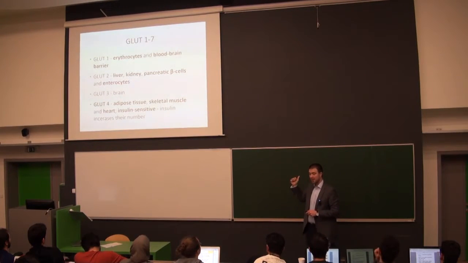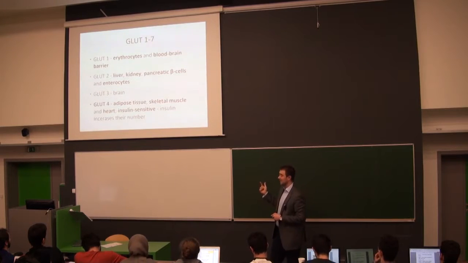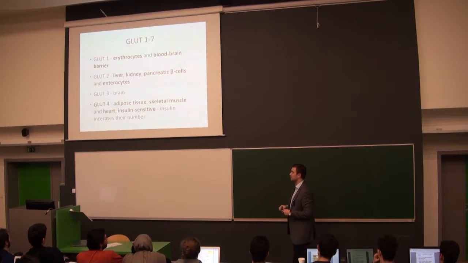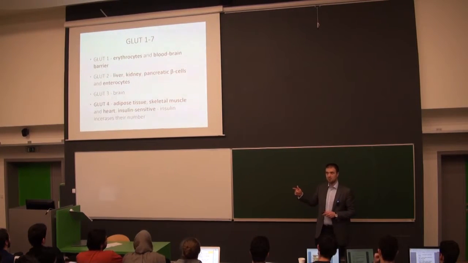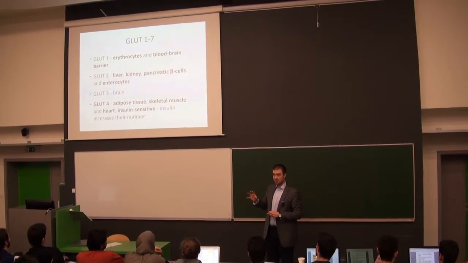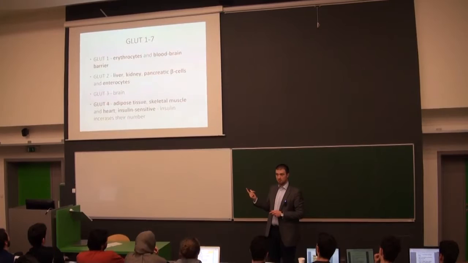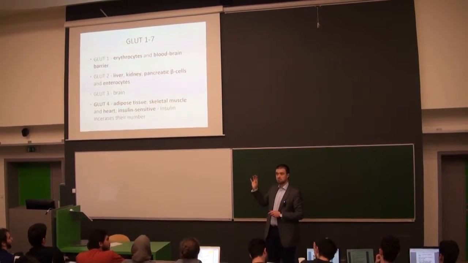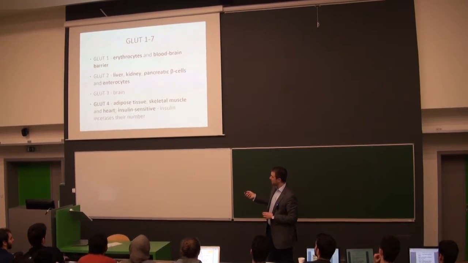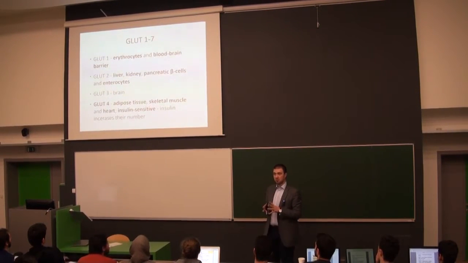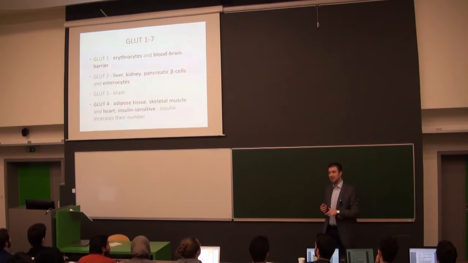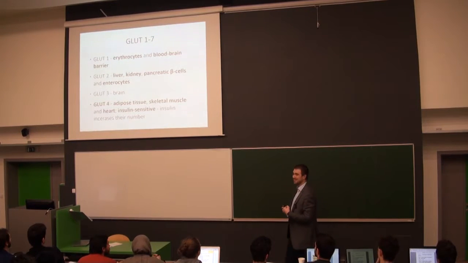These transporters are in adipose tissue, in skeletal muscle, and in heart muscle. And therefore, sometimes we call these cells insulin sensitive tissues. It's not fully true, since the insulin receptor you have almost everywhere. Yes, you have them in the liver, in your kidneys, almost everywhere. But only in these three types of cells you have the GLUT4 transporter, and therefore the insulin is also regulating the entry of the glucose inside these cells.